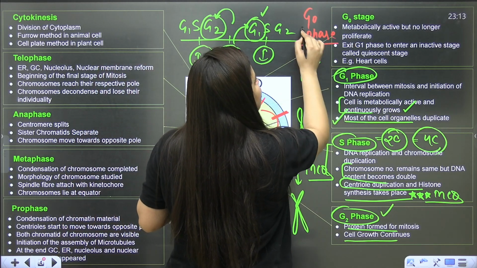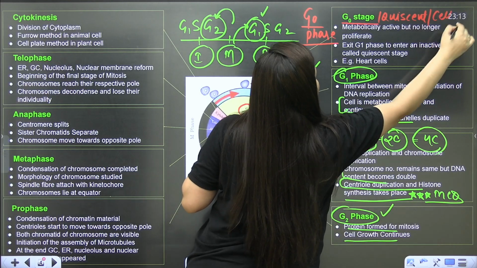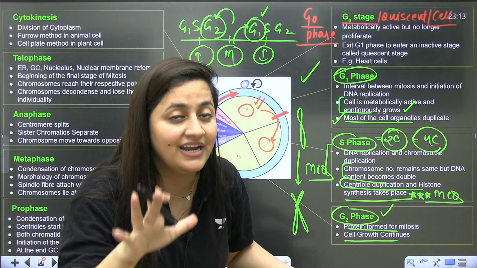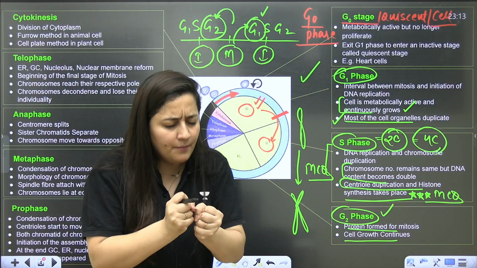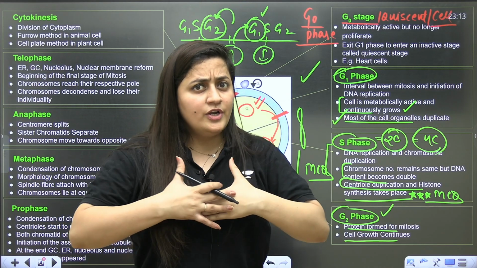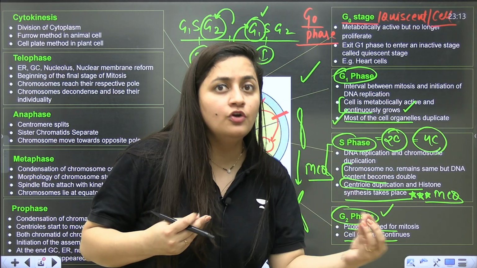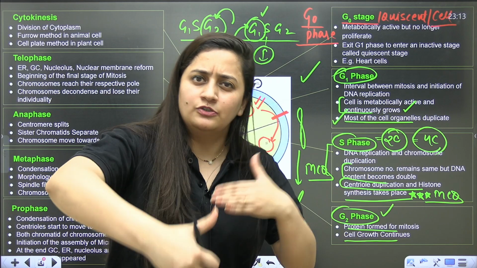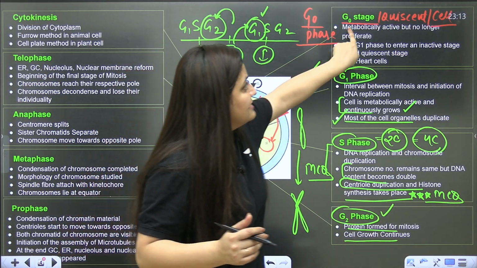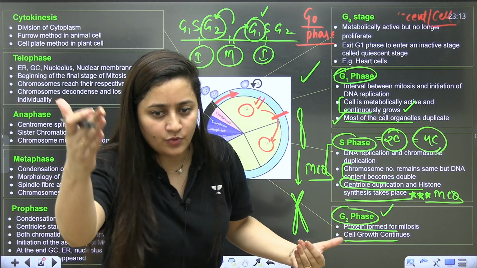So what's that G0 phase? It's a quiescent stage. Right, it's a cell arrest stage. It's a stage when cell is metabolically very active, but it is not proliferating. It is not increasing its number, but metabolically it is very active. That is G0 phase. Because in our body, we do not have all the cells that are dividing every time, like your heart cells, right? Yeah, like your neurons. Okay, so they will be in a G0 phase. So it can be temporary, it can be permanent, it depends upon the cell. So again I'm repeating, cell is metabolically active, metabolism is going on, but it is just that it is not dividing. That's what you need to keep in your mind.